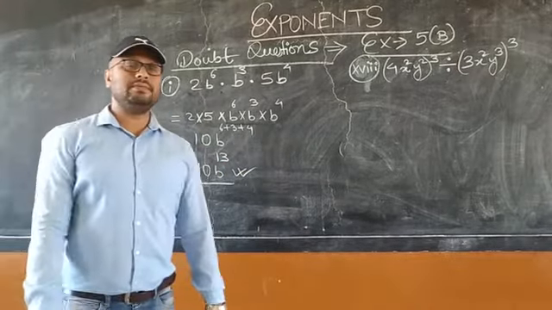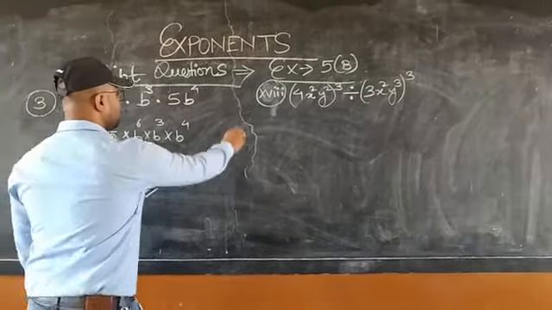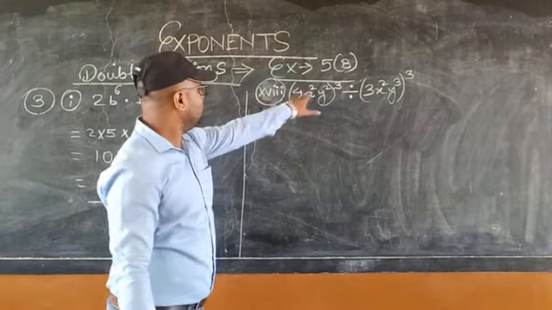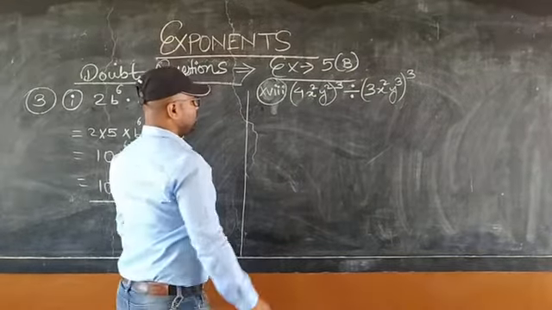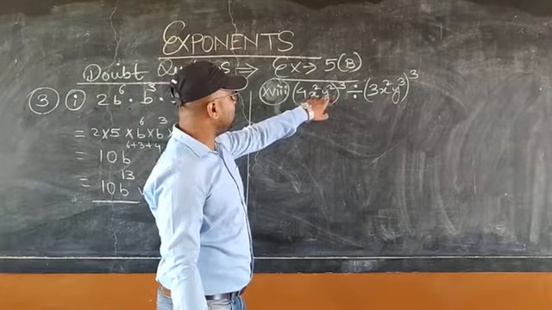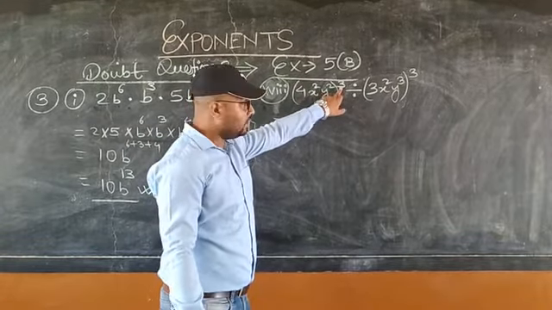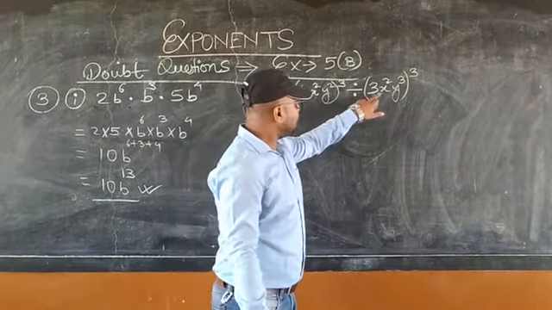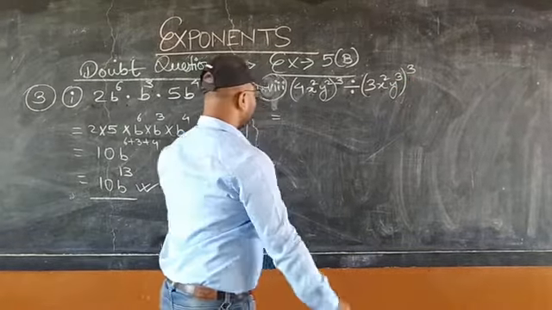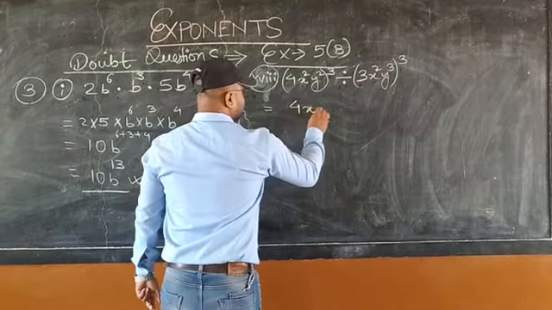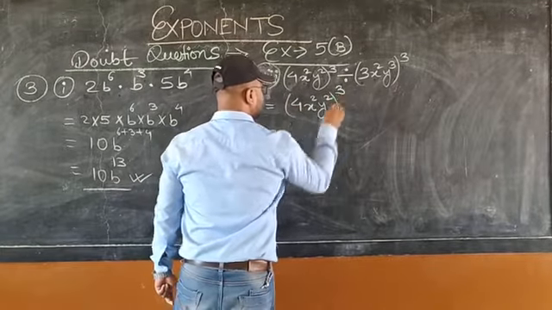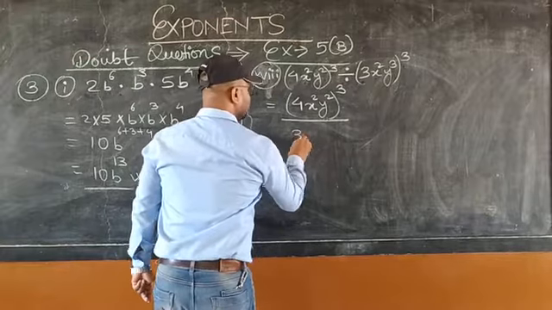Very simple, students. Let's do one more question. I have picked the 18th question, which deals with the division law, the second law. Let's solve this. We have 4x square y square whole cube, division 3x square y cube whole cube. This is the question, students. Let's solve. 4x square y square whole cube by 3x